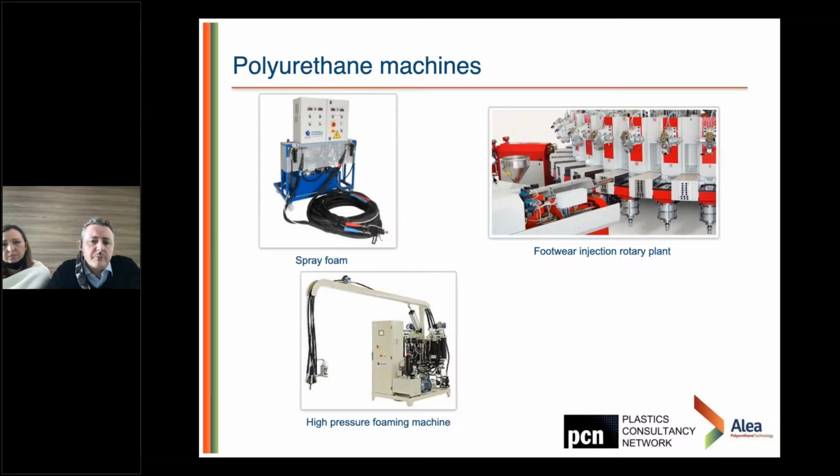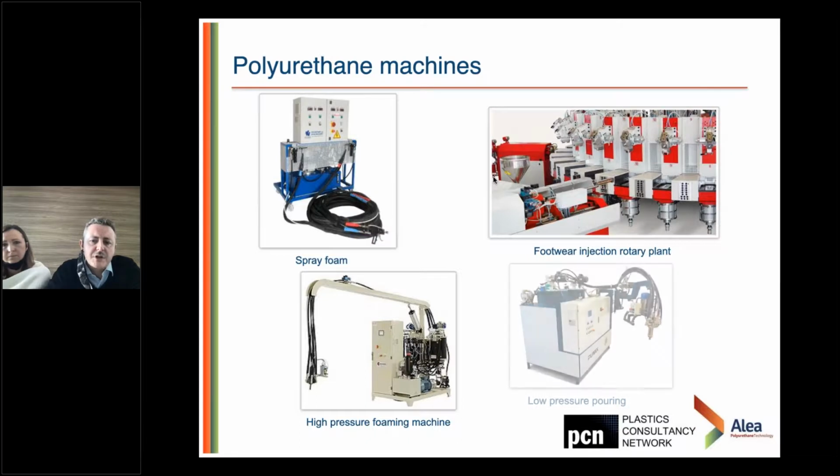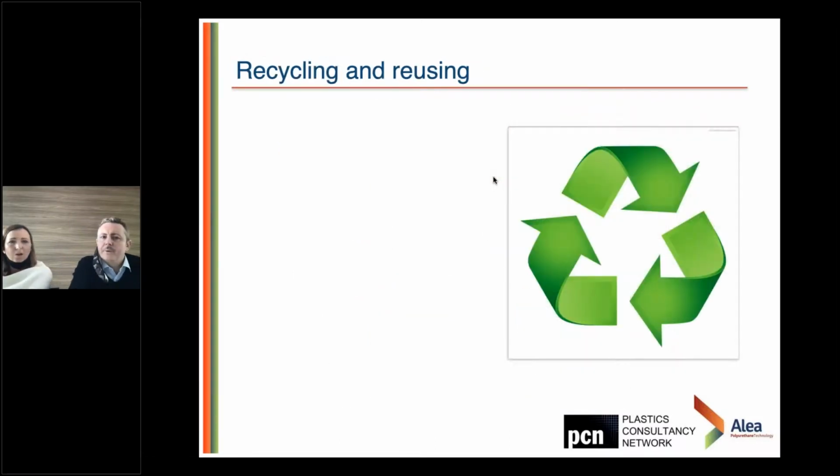And we have probably the easiest and best known, the high pressure foaming machine and low pressure pouring machine. Very similar, but the difference is mainly in the mixing head. Okay, so we can produce a lot of items, as you can see, and after producing these items,